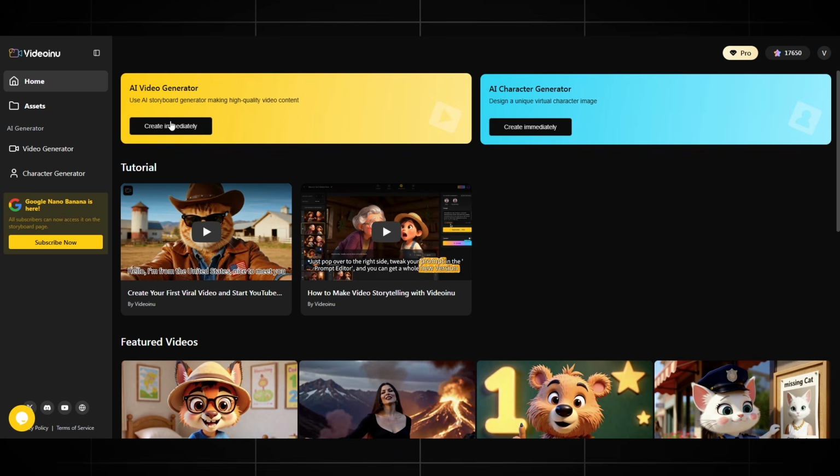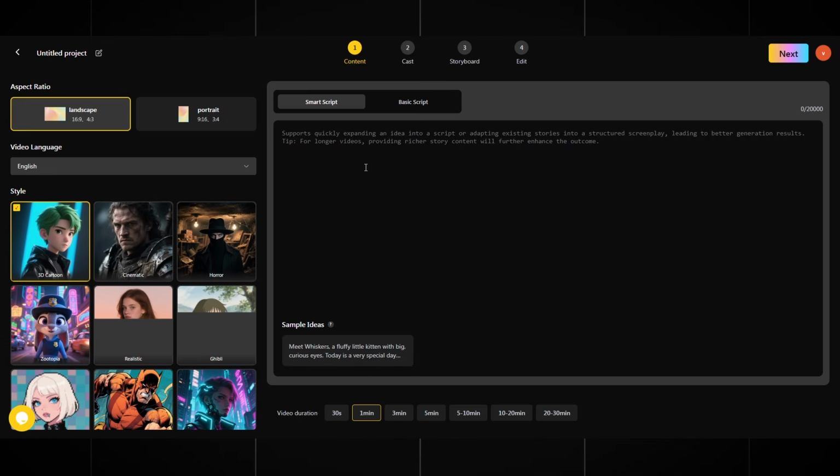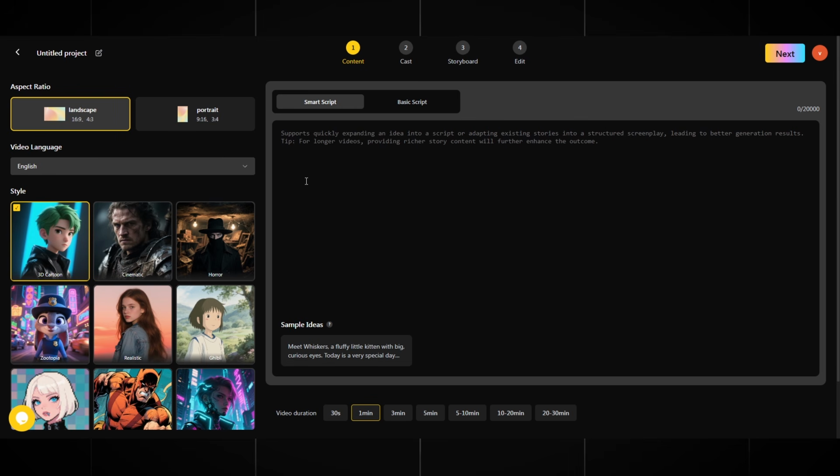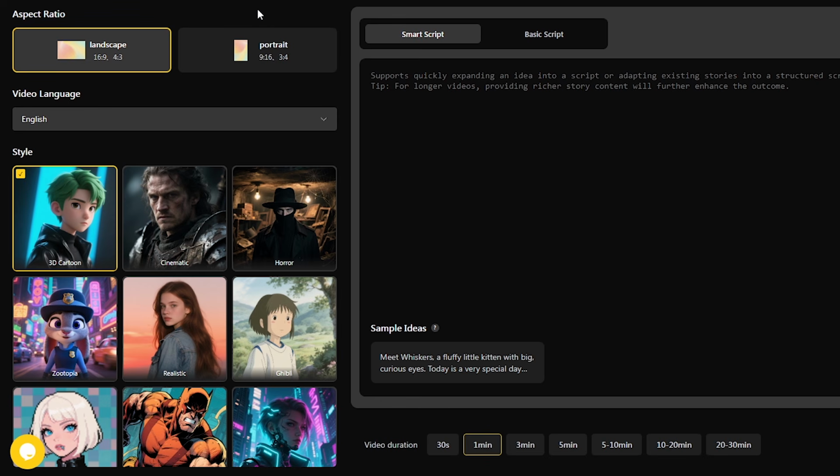So, to start, we click on the big yellow button AI Video Generate. We create a project, and it takes us to the settings where we will write the prompt and choose the style. Let's go step by step. Everything is as simple as possible. Here you can choose the video format, either 16:9 for long animated cartoons or shorts 9:16. That's what we need since we are making shorts content.